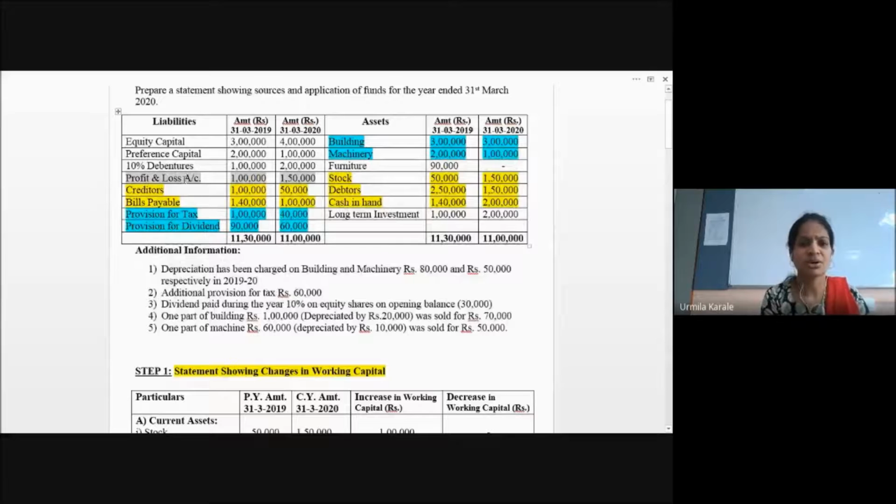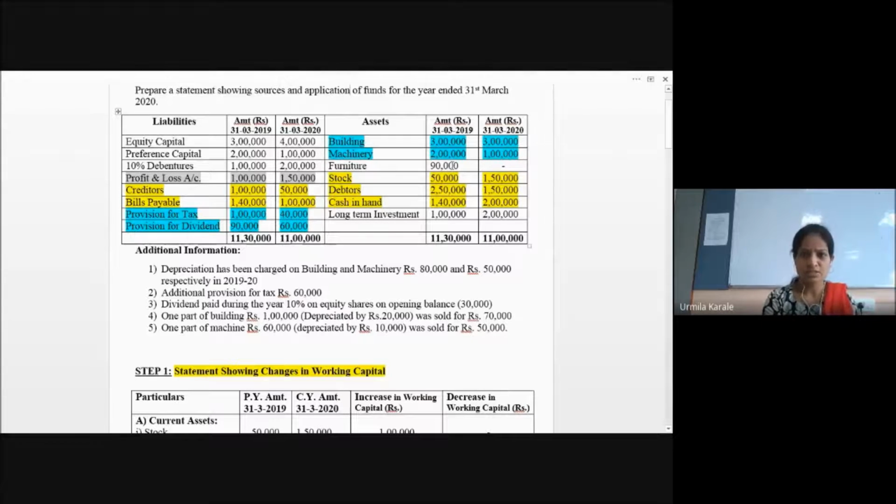Profit and loss, we have already created the account. From there we will take amounts. Same with this 1, 2, 3, 4 all. Now we have created accounts of all. So from there only we will take amounts directly. We will not be using these amounts, right? Because this we have created an account. This we have covered in the working capital statement. For this also we have created an account. If you haven't created the account, then directly from here you have to take this to the statements.